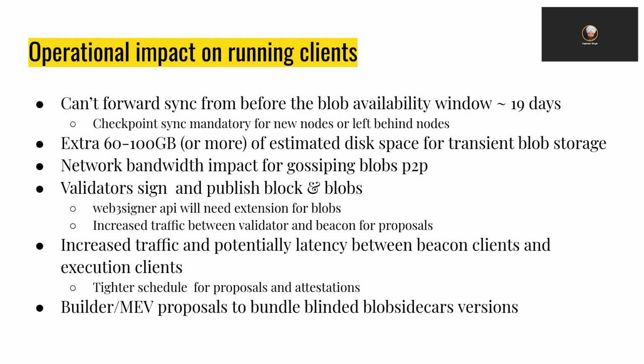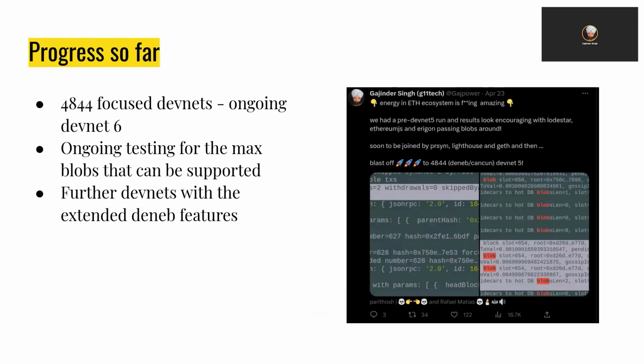And obviously the builder and MEV proposal flows will also be impacted. They will also have to provide the blinded versions of blob sidecars, and the validators will have to sign blob sidecars, and then the blinded versions will be published to the builders and relays, and the rest of the things will come together. So the progress so far is that there is an ongoing DevNet 6,